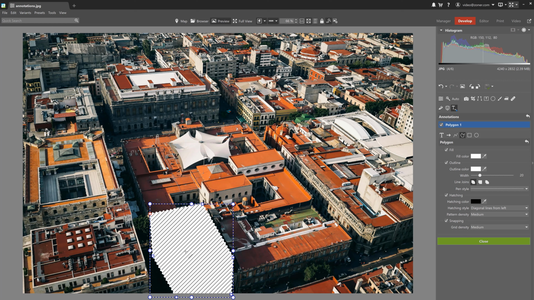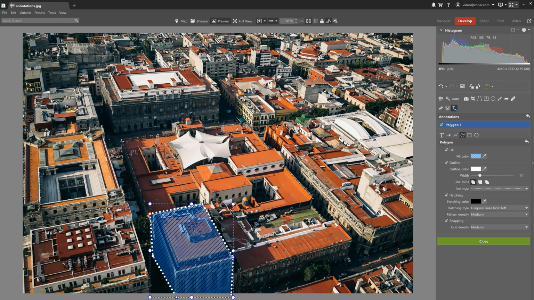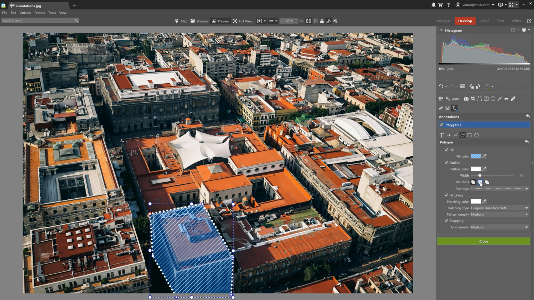Now you can find out more about this in this link right here, and you'll also find that link in the description. For example, I picked blue and changed the value for A, or alpha channel, to 100. And you can see the outline in the building right away. You can adjust other settings as well, like hatching, how the lines join, and so forth. You can also lower the color opacity for outline and hatching in addition to fill.